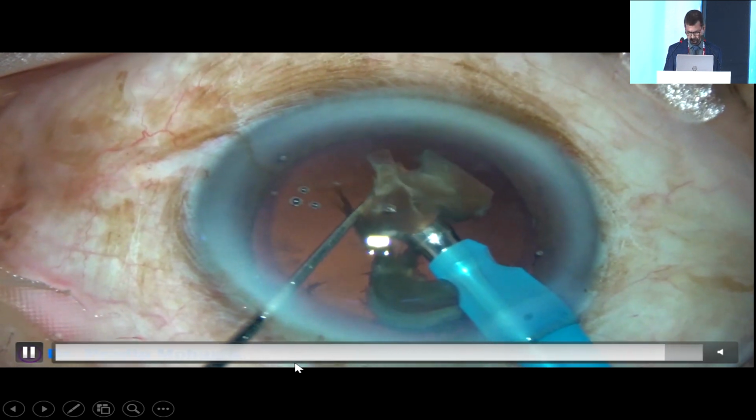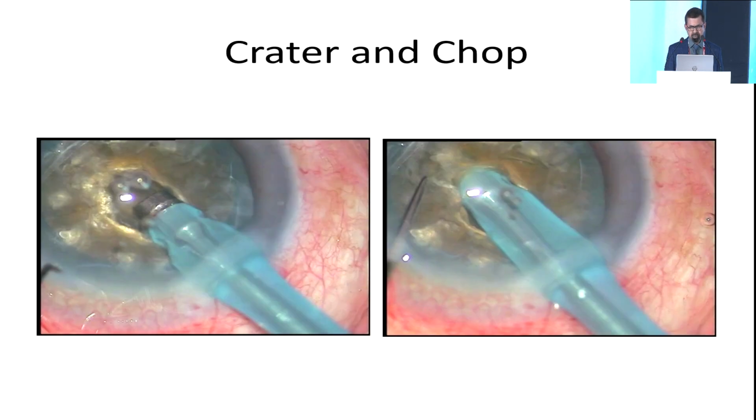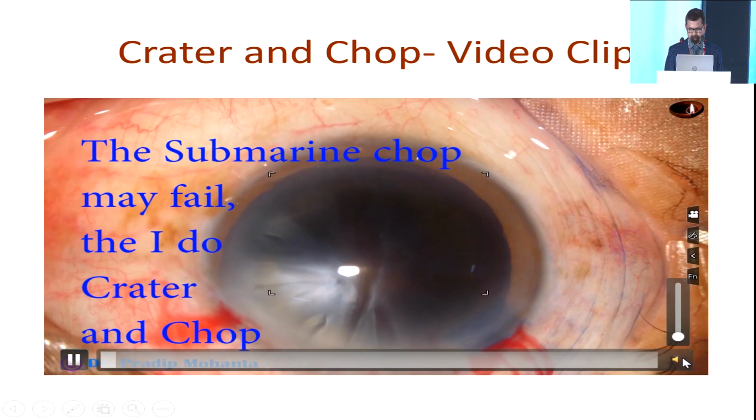So this is submarine chop, and it may not happen in all cases. When submarine chop fails, we have to make a deep crater at the center, and from there we have to start chopping. The nucleus is huge, and the phaco needle